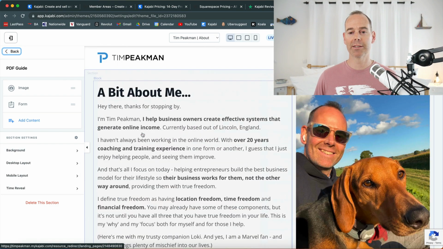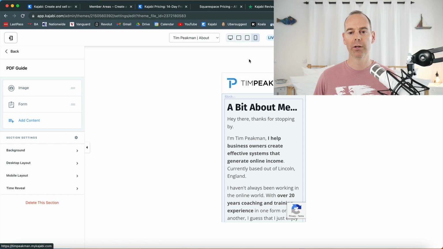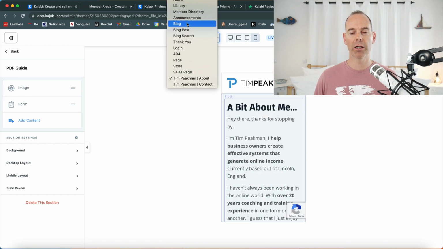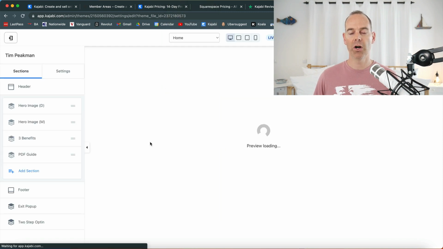It's really key in this day and age to actually get a mobile friendly version. So you can just click mobile here, and it will show you how it actually presents on mobile, which is really, really key. So I'm just going to go back to the home,